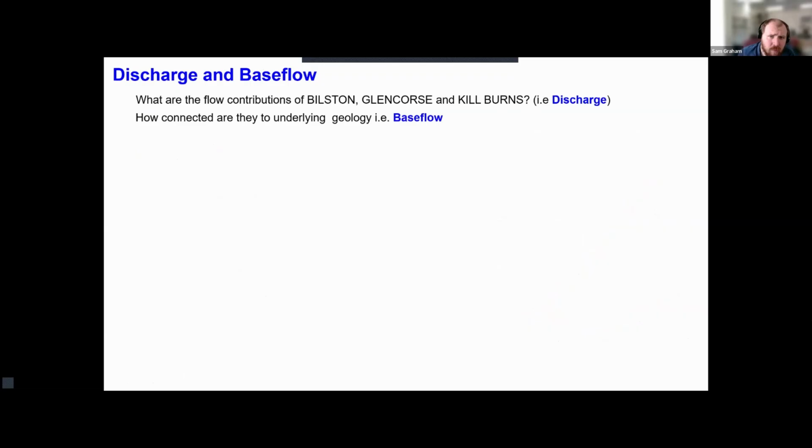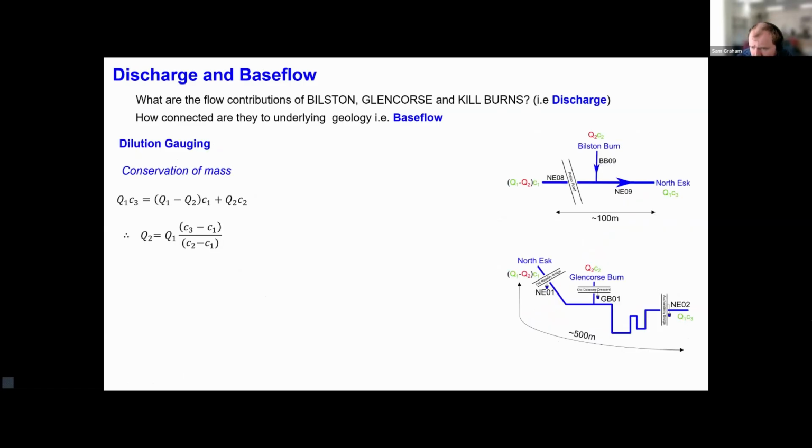So the two things we want to use that for, in terms of local hydrological understanding, are: how are these contributing to the overall discharge of the system, and how are they interacting with their local underlying geology? In other words, what's their base flow contribution? There are two burns that we're interested in. The Bilston is the main one, but then the Glencorse is upstream as a control before the Coalfield